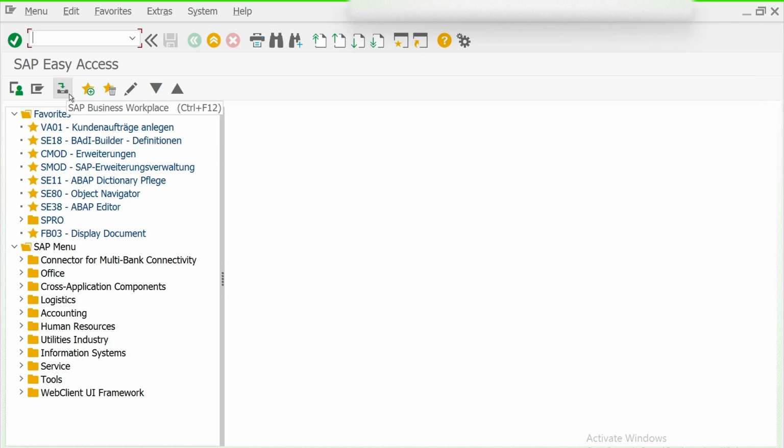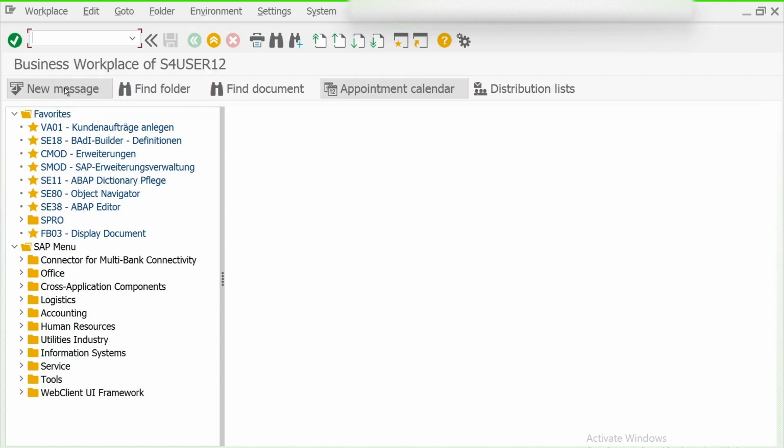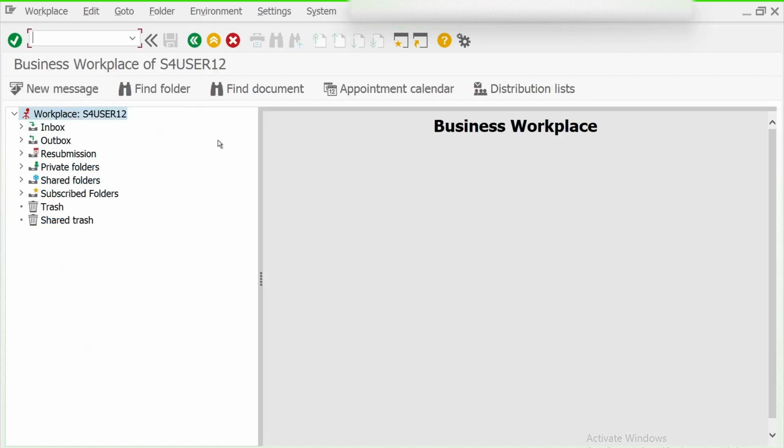And this is also one of the most important icons, SAP Business Workplace. If you click here, you will be able to see the inbox. I have already told you that in SAP there is a functionality where, if a user parks a document, it must be validated by a person at a higher level. Once that person parks the document, it would be visible to the concerned person who will be validating it. And where will it be visible?